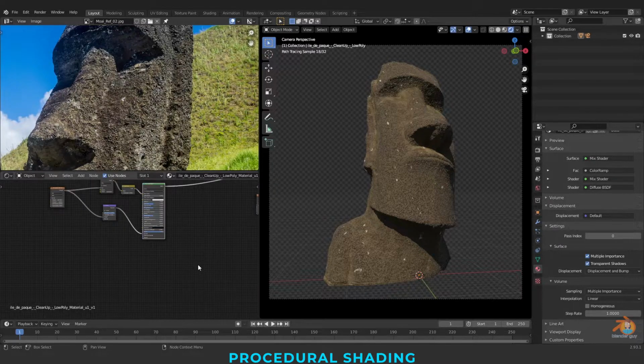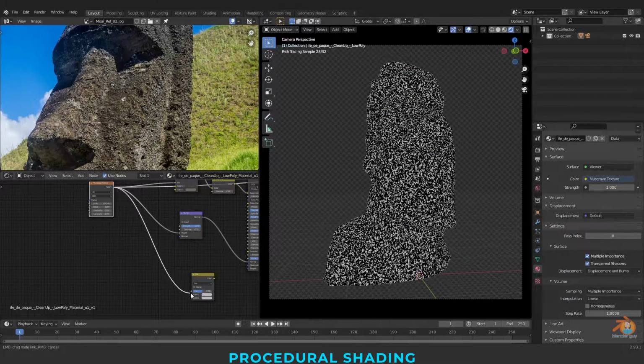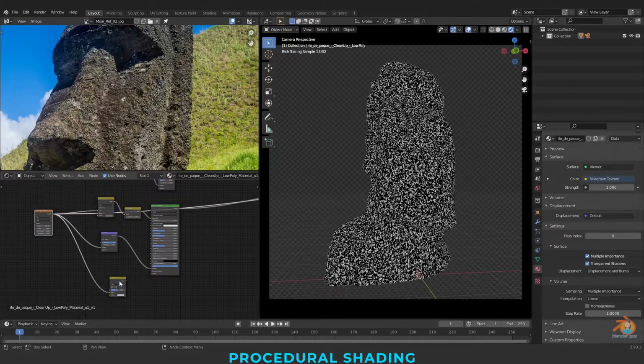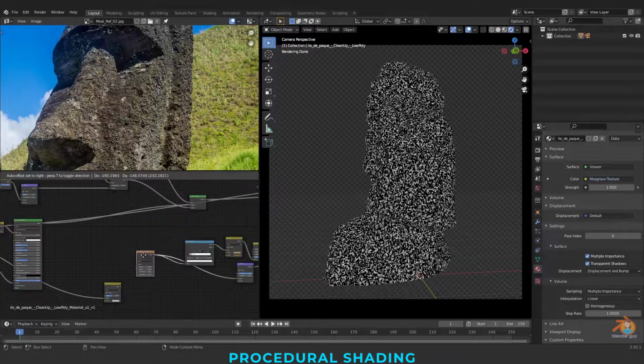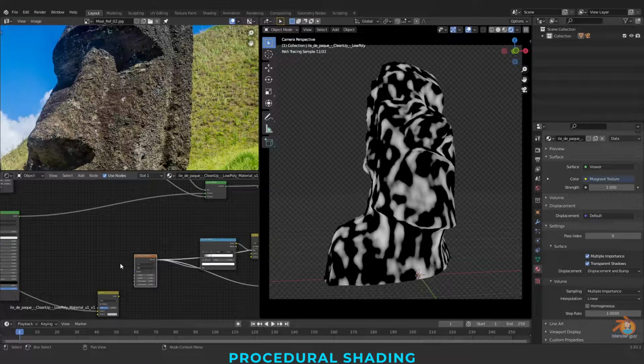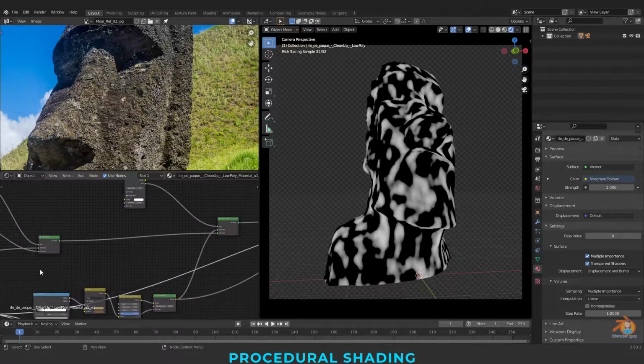Now, let me blend this, and this is the other one.